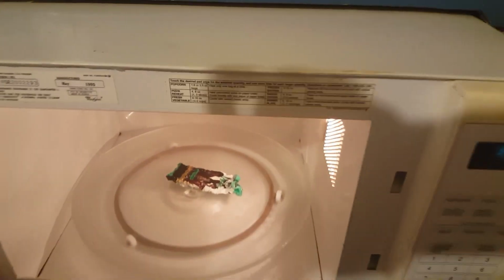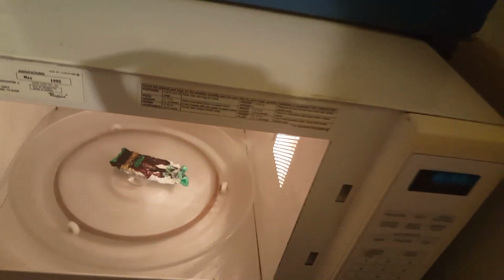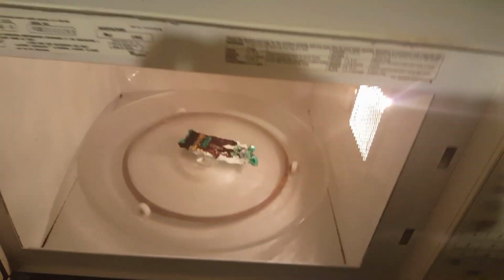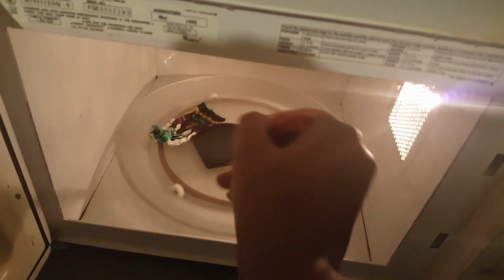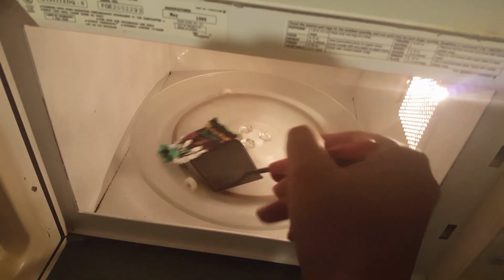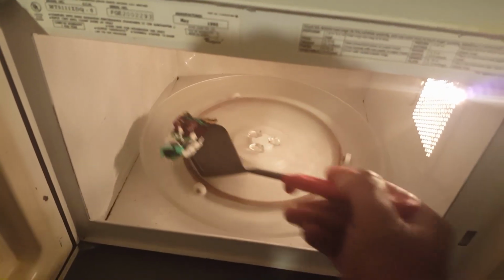Look at that bag. Amigos, you have to leave it in there. You don't want to really touch this. It's hot. So what I'm going to do is take it out, put it on top. Let me turn it around. Yeah. Now I'm about to do